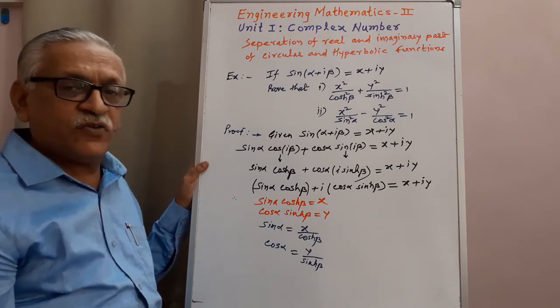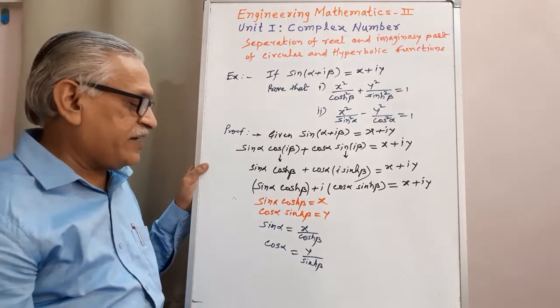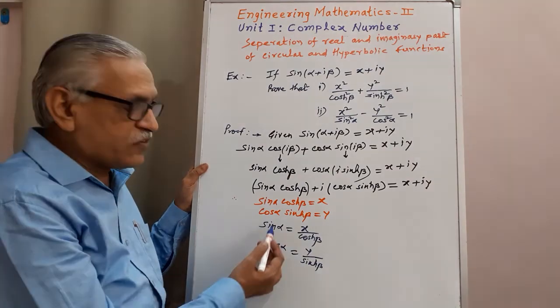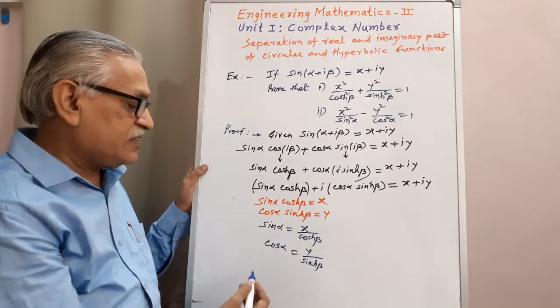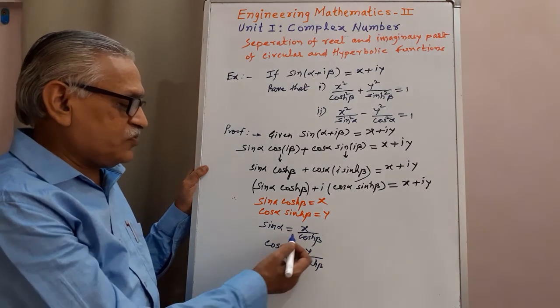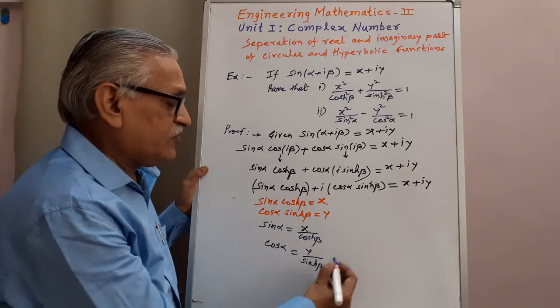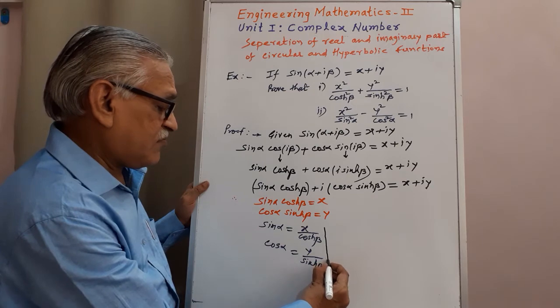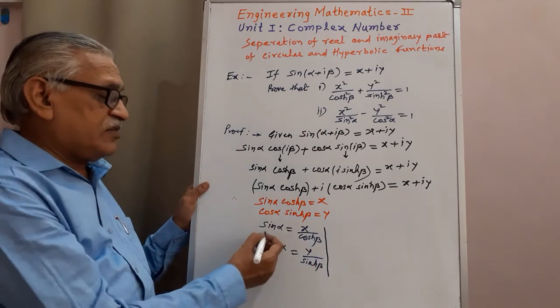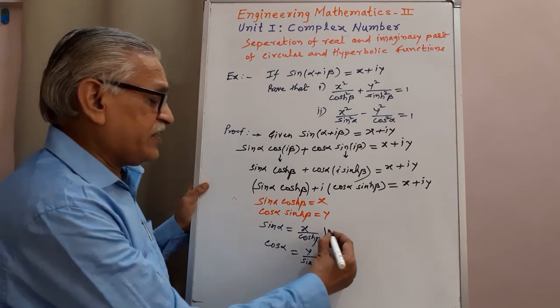And we know the identity result, sin square alpha plus cos square alpha is 1, therefore squaring and adding these two terms, we get